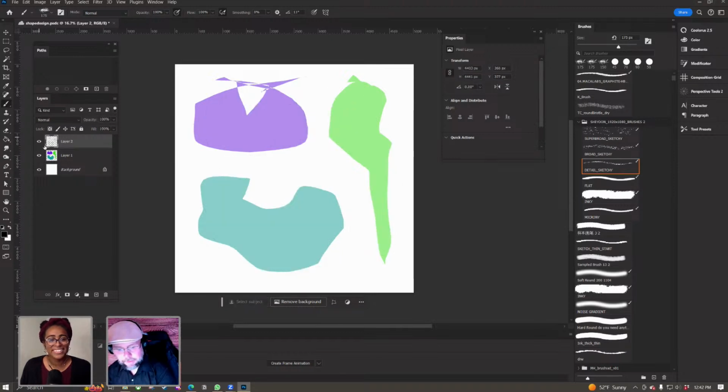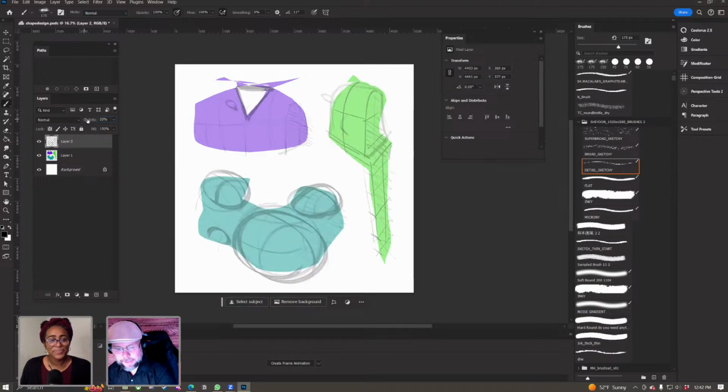Okay. So I work on like 9,785,000,000,000 layers at once. So this is going to get to be a very large file, but I'll try to keep it down. I like to keep things on an opacity. And what I do is just make another layer. And it's funny, so much of me thinks about like, well, I need to hit save, but boy, that auto save is the best thing ever. Literally a lifesaver.